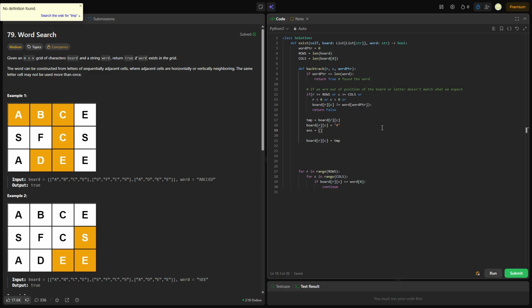Remember, this is like a DFS type problem, so we're going to say backtrack. And what do you know about checking adjacent cells, right? You check r plus 1, r minus 1, c plus 1, c minus 1, right? So that's what we're going to do. So we're going to say backtrack r plus 1,